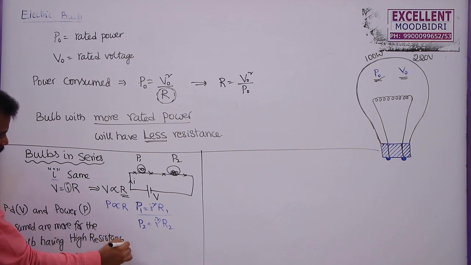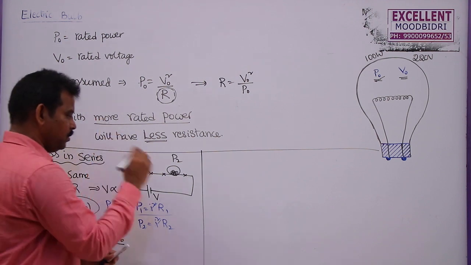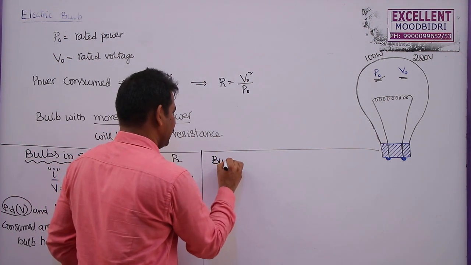If resistance is high, that bulb will consume more power and that bulb will get more potential difference between two ends. Similarly, if the bulbs are connected in parallel,